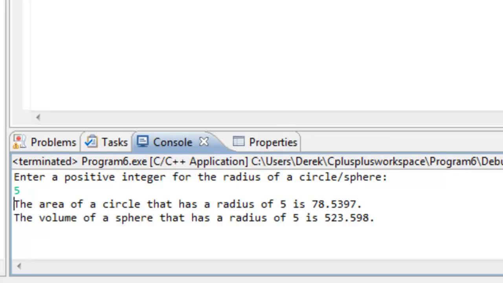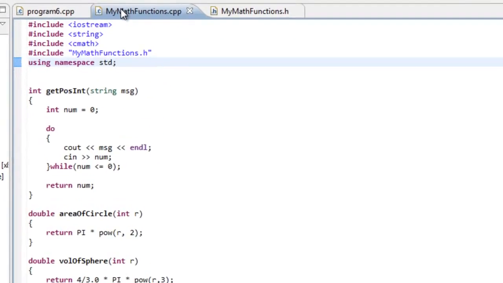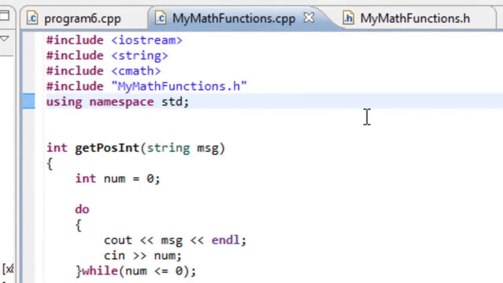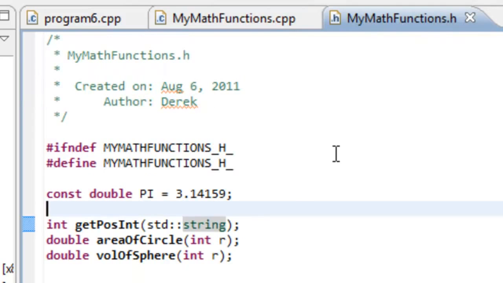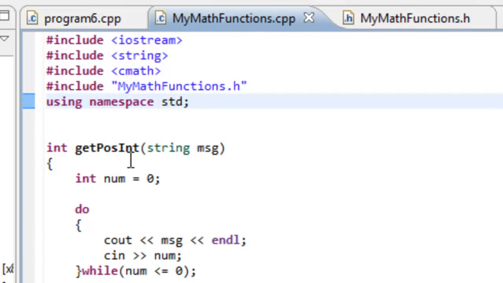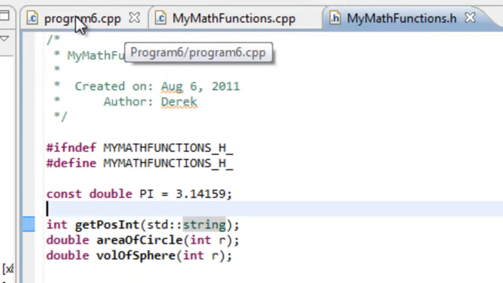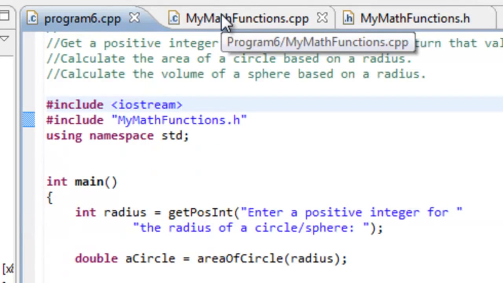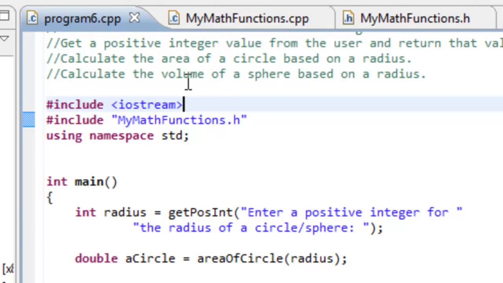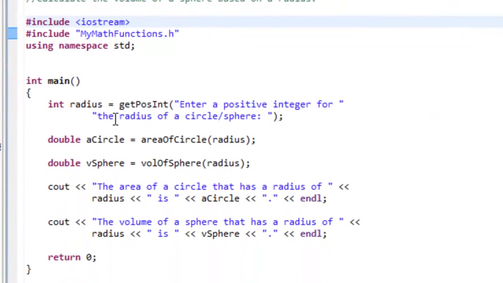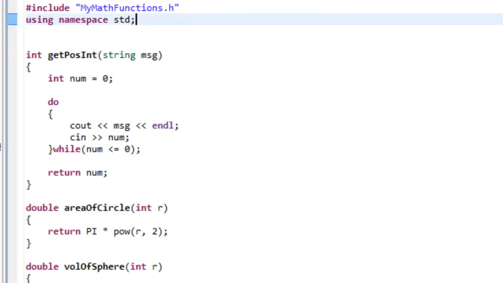So nothing different there. The only thing now is we've actually separated out these functions into a separate file, and we have this header file that provides us with an interface for these function definitions. And this is really how you should start thinking about composing programs: we can separate out a lot of the function definitions into something and then make use of it in a particular program. So this really cleans up our program 6 file. We only have this main function in here, and it's just simply calling other functions that we've actually separated out here in